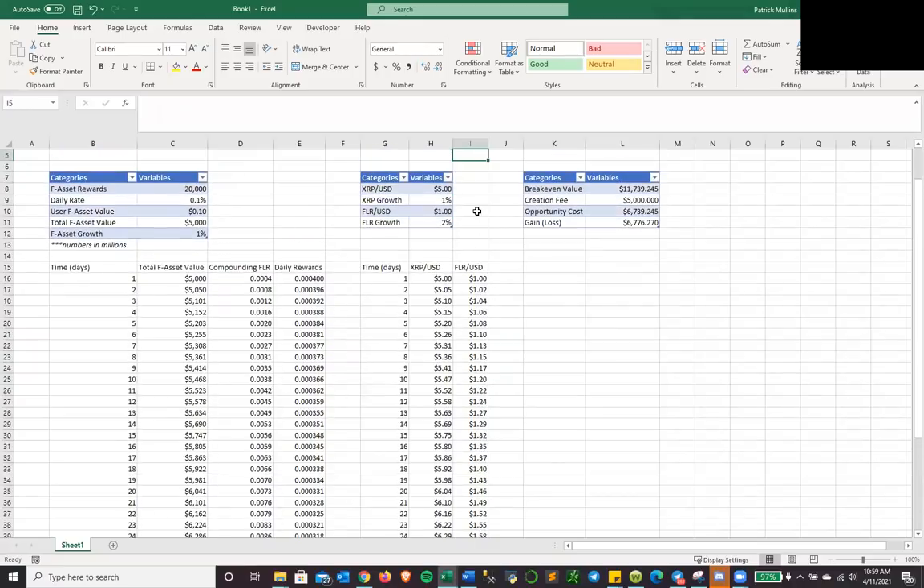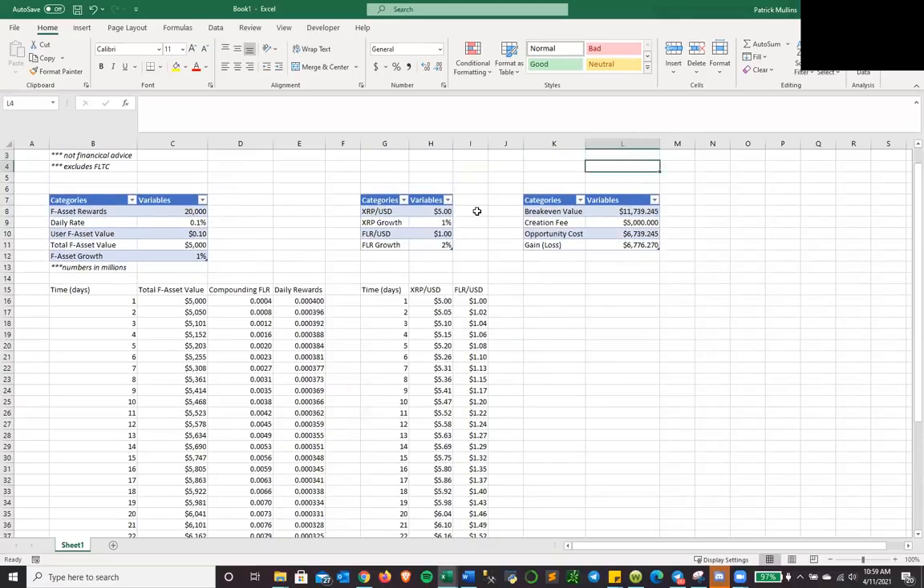And then this will play into our final calculation, which is going to tell us the break-even value you need to surpass in order to be making money on this. And that's going to be, let's see, $5,000. So 5% times the $100,000 worth of F assets you minted would mean you pay $5,000 worth of creation fee. And then the opportunity cost is, what is that 5,000 XRP times, let's see,